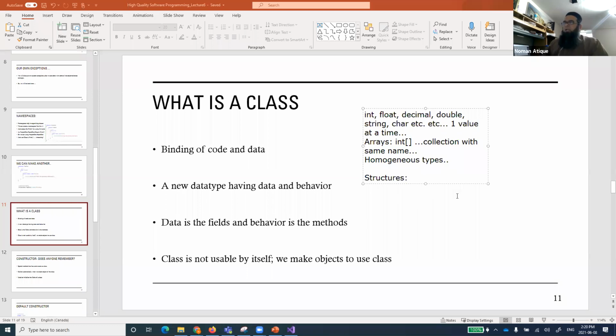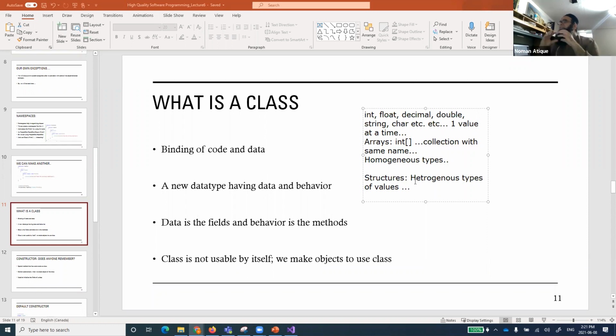So the concept of structure came in. Heterogeneous types of values can be stored in structures, number one. As I said, I'm just giving a quick teaser introduction, or maybe a good introduction, of structures. I might give you some examples as well, and I'll talk about that first, before even classes.